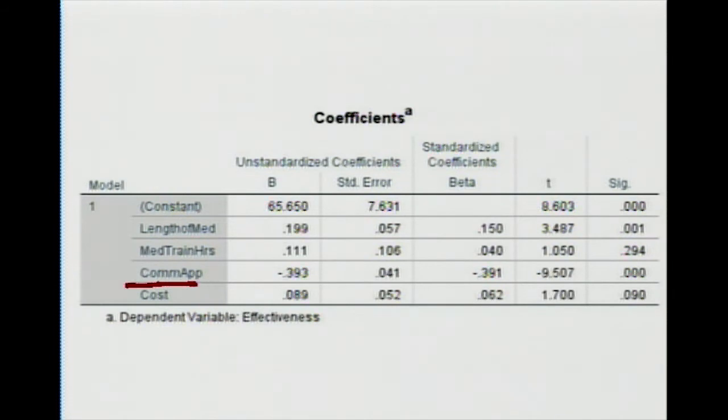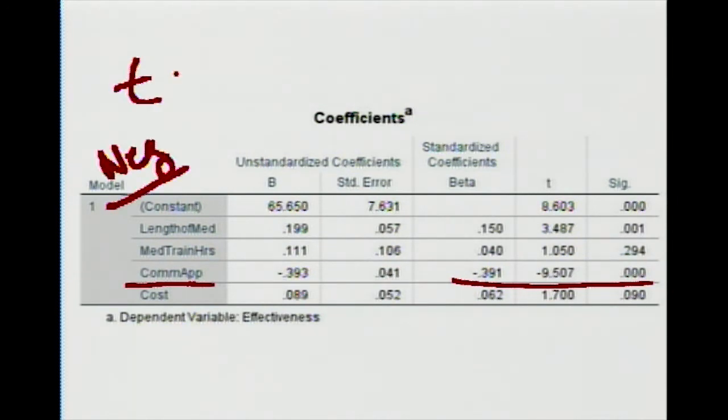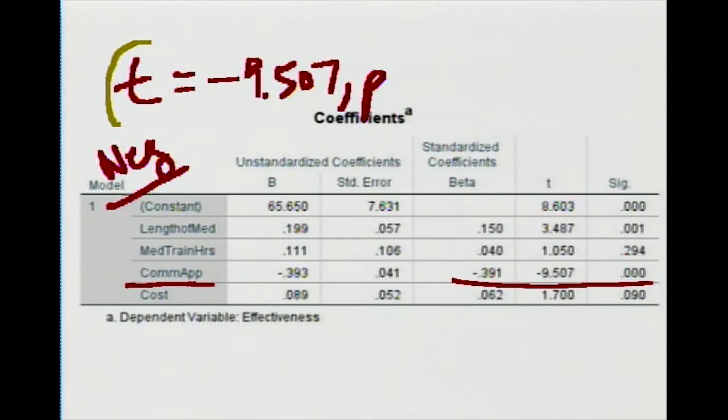Now here we have communication apprehension, and we see that this is a negative predictor. So let's write that one up. What does that mean? That means that when apprehension goes up, the effectiveness goes down, and vice versa. So let's take a look at this T value, which is negative 9.507. And then the P value is less than 0.05. We know it's a significant predictor. And then the beta weight equals negative